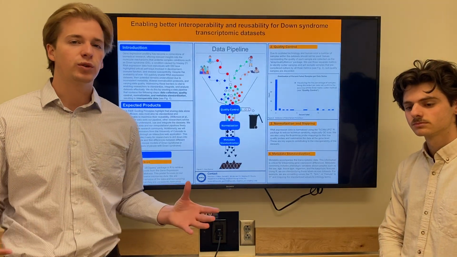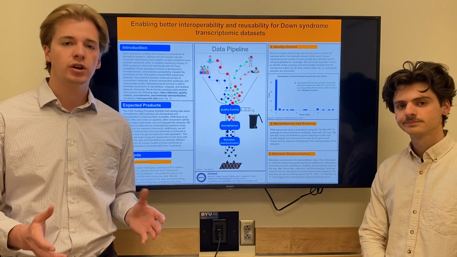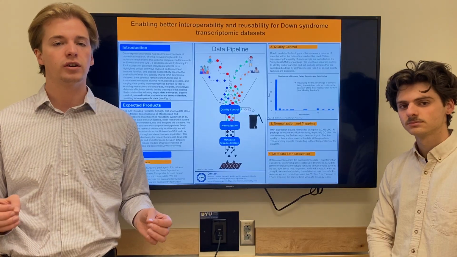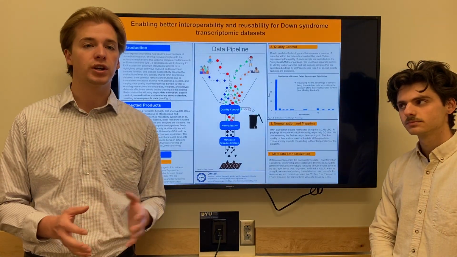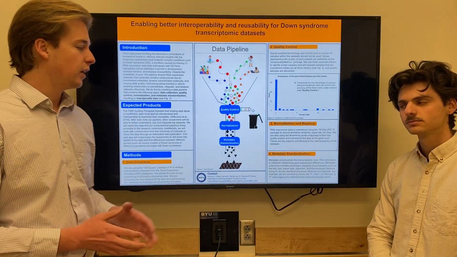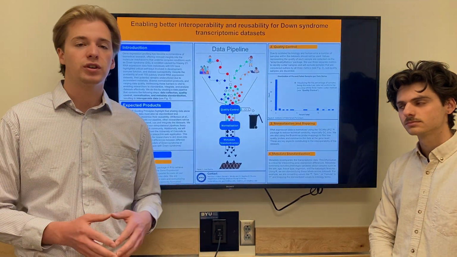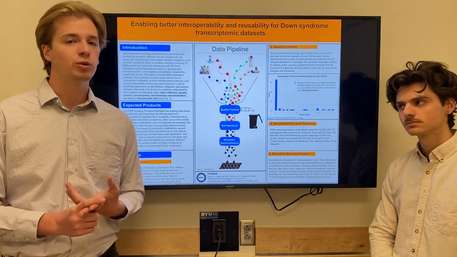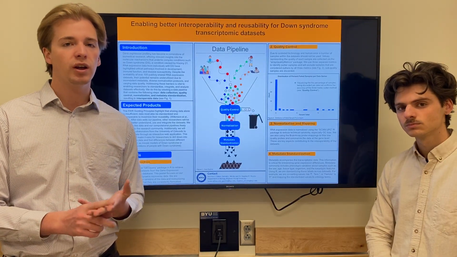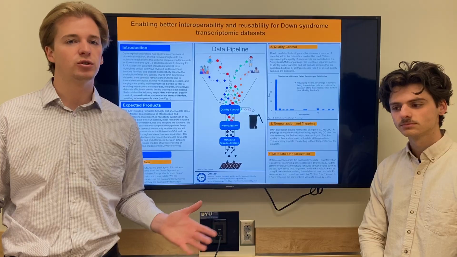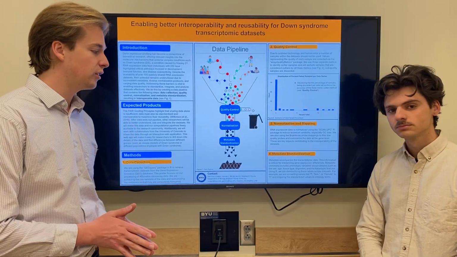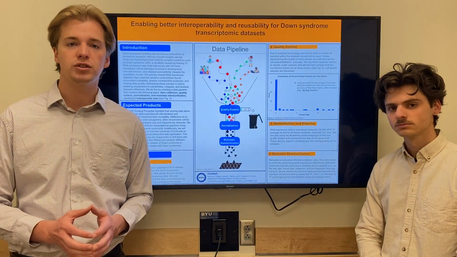So with all of these different research groups that are doing the research on this, a lot of the headers are labeled differently. So for example, one is for the gender of the species. Some researchers are using F, some are using FEM with a period, some are using capital F, some are using female spelled out, and the computer doesn't know what to do with this. And so what we're doing is we're using a standardized ontology to